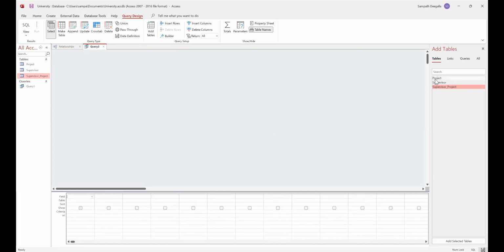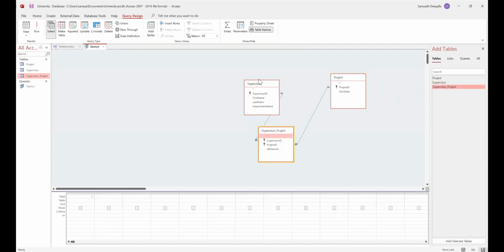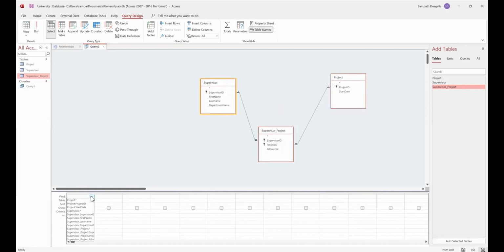We can choose what you need, right? So we have project, we have supervisor, right? We have this, right? And then when you select it, we can say, for example,